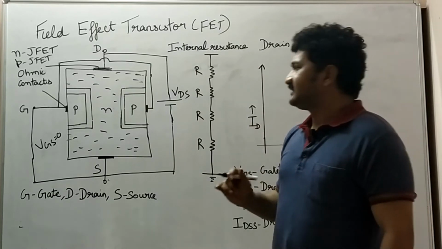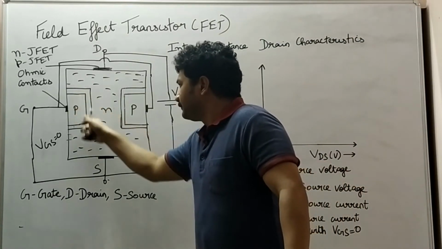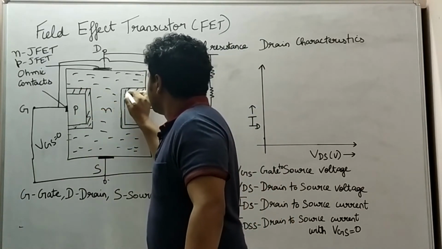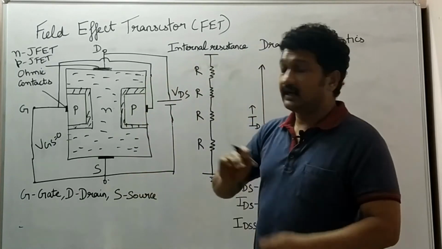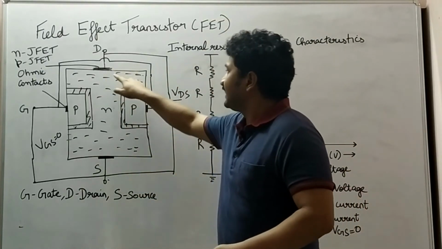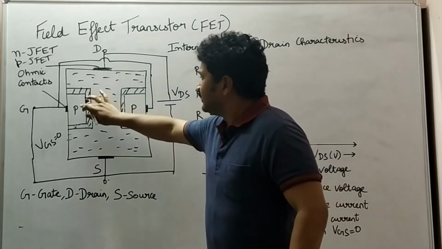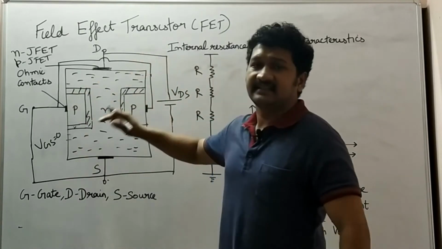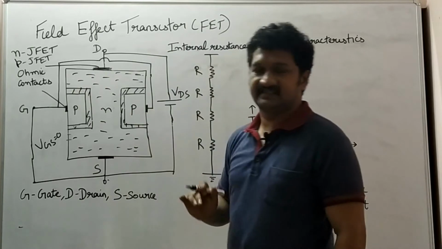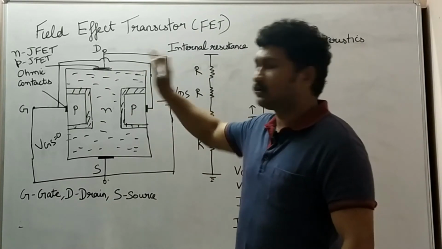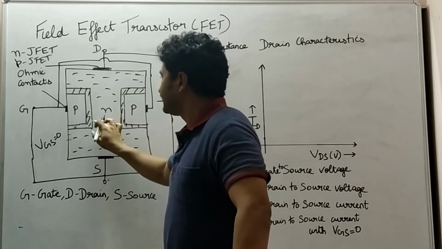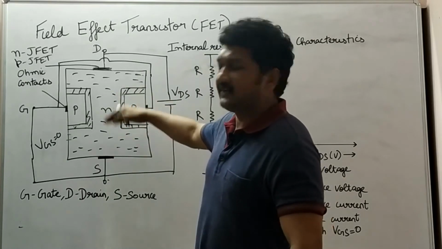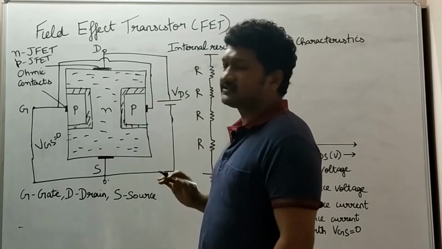At the same time, if you can see, this is the P layer and this portion is the depletion layer. This portion is the depletion layer. Now, this is an N channel, and this is a reverse bias. And these holes here, by reverse biasing, the depletion layer is also going to increase, because this is the P layer. Now the depletion region is going to increase and at the same time there will be movement of electrons from source to drain based on the reverse bias.